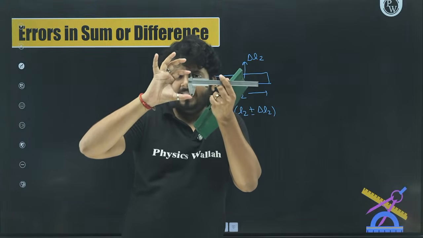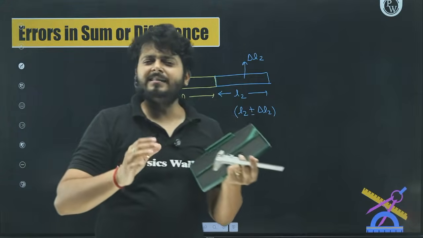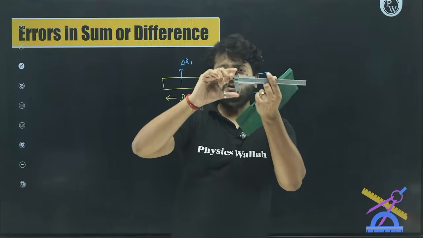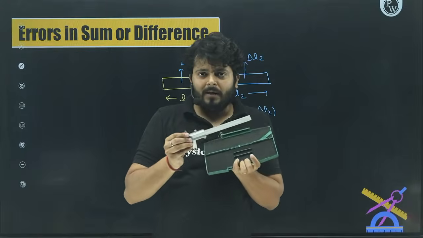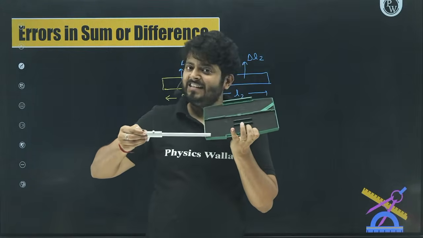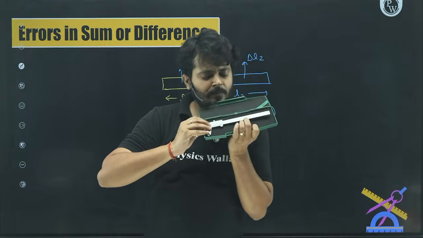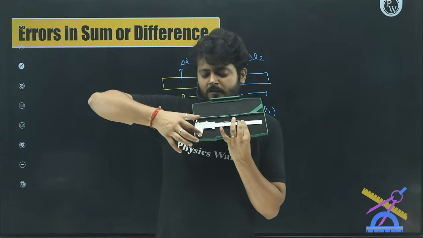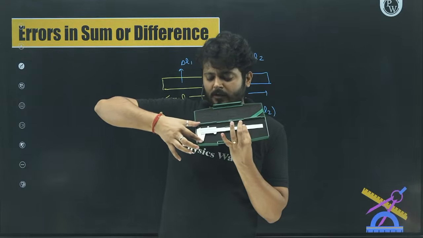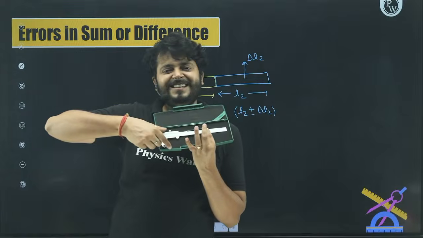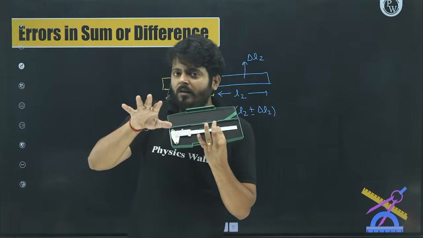length of this part is 10 centimeter, right? And I said that if somebody is measuring 10 centimeter, let's say Nishant is measuring that this part is 10 centimeter long. So make sure that the box width is 10 centimeter or slightly more than that, otherwise this will not fit inside. Yes or no? Right? I want to fit this box, this particular Vernier caliper inside the box, so I must make it wider than 10 centimeter, otherwise this will not go inside. Yes or no? Right. So now understand that